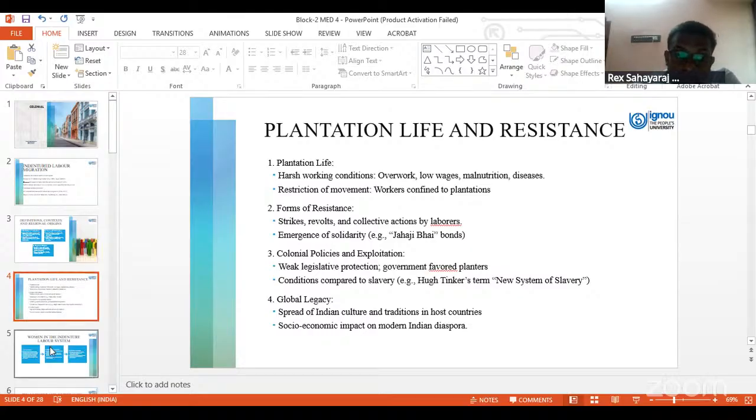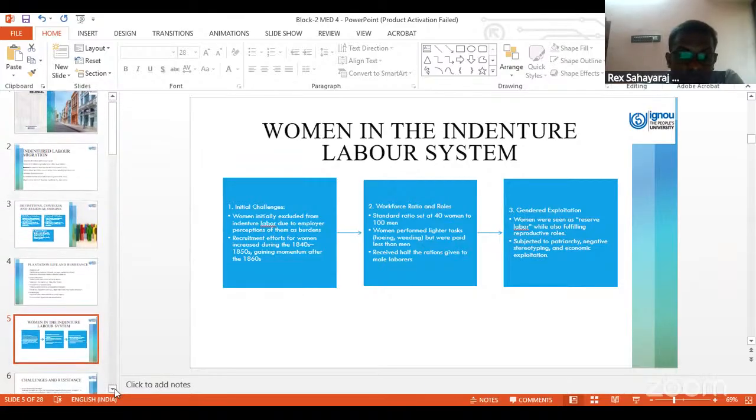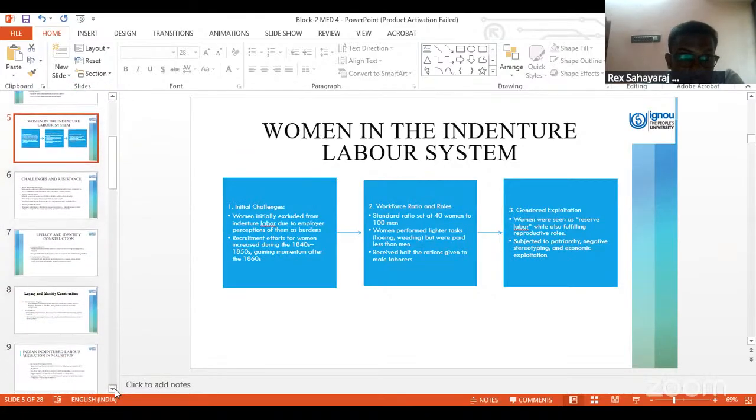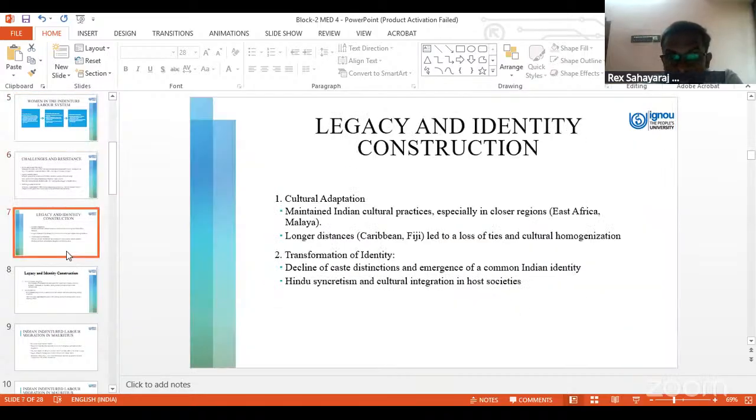That is also very, very important. They were involved in strikes and absenteeism and everything. Ideally, they were able to resist their treatment. And we discussed women in the indentured labor system and the challenges they faced, and we have discussed the legacy and identity